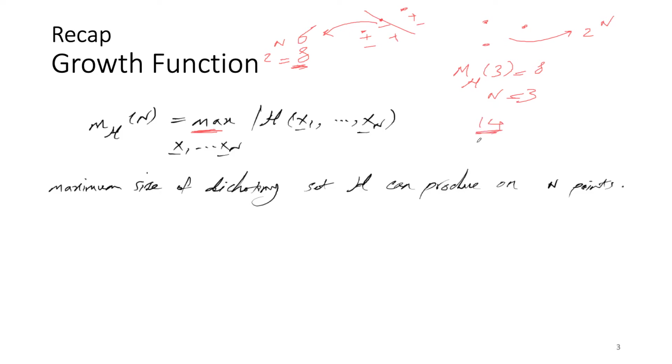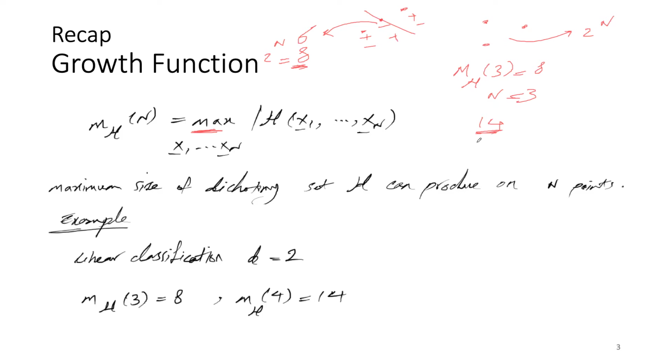And then we define a growth function as the maximum number of dichotomy sets, right? So just like I mentioned, for n equals 3, we assume 8. For 4 points, we assume 14. So now using these values,